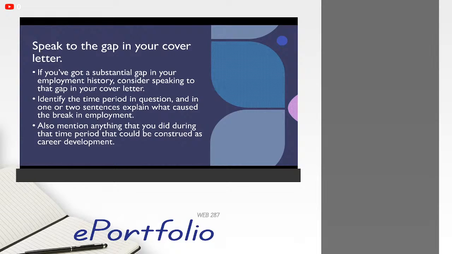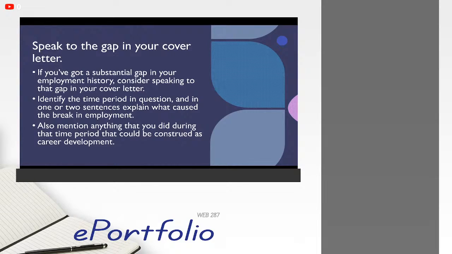Remember, again, one of the big things that we talk about when we talk about applying for jobs and writing your resume and writing your cover letter and all this kind of stuff is that you get to curate your own story. So you get to tell them what you want to reveal, and you get to keep secret what you want to keep secret.